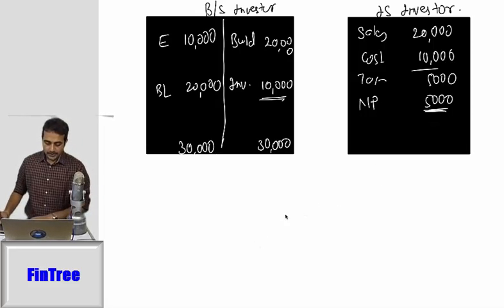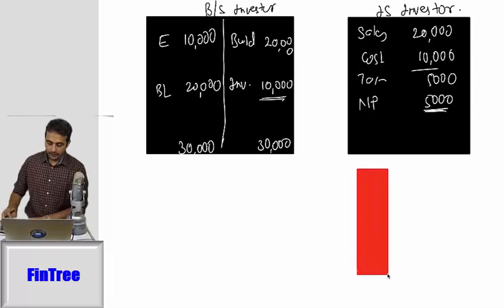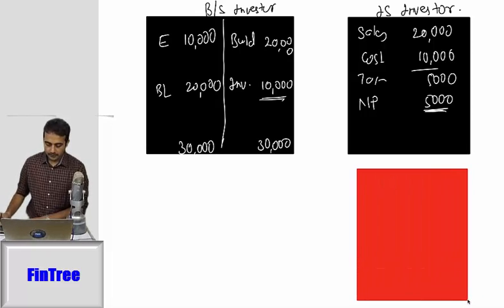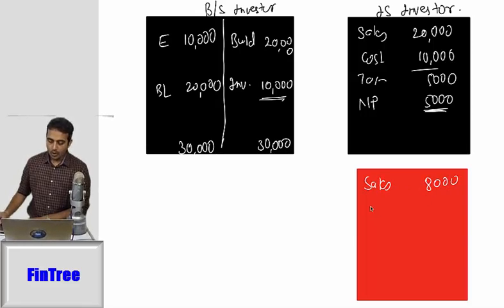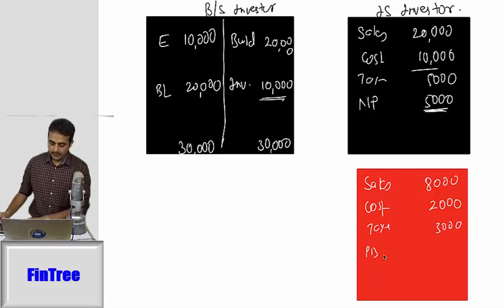Now the income statement of investee. Sales 8,000, cost 2,000, taxes 3,000, profit before tax. Here how much tax was taken? 50. So profit after tax 1500, profit after tax 1500, and let us say